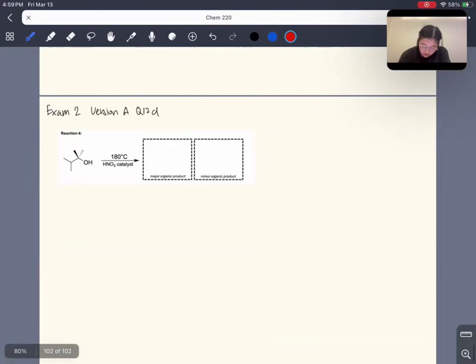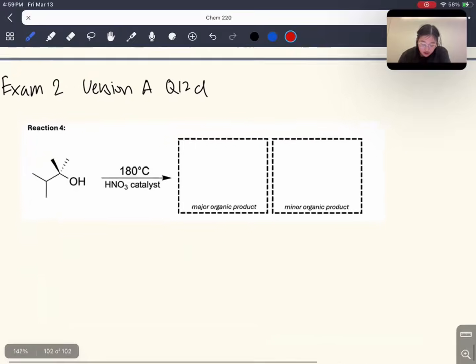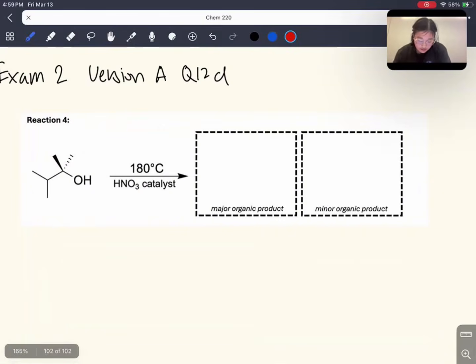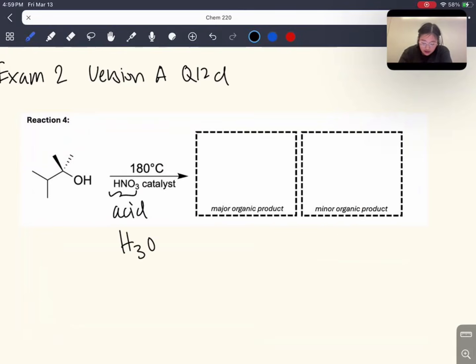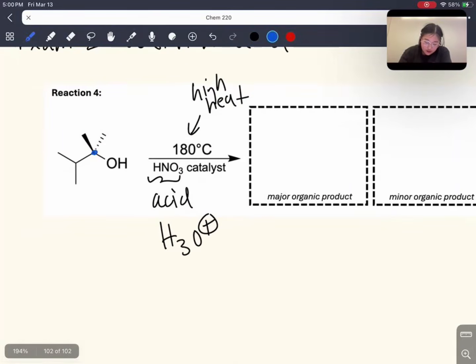Okay, this question is from exam 2 version A, question 12D, and it's giving you an alcohol, and asking what would happen if you performed a reaction at 180 degrees Celsius and you are adding an acid catalyst. The thing to remember is that it's just an acid catalyst, so you can rewrite it as H3O plus. 180 degrees Celsius is high heat. First I would look at what kind of alcohol this is. It's a tertiary alcohol. So if we have a tertiary alcohol and high heat,